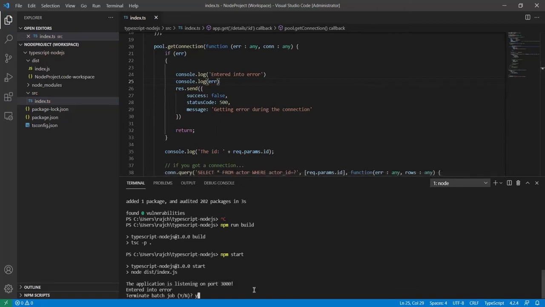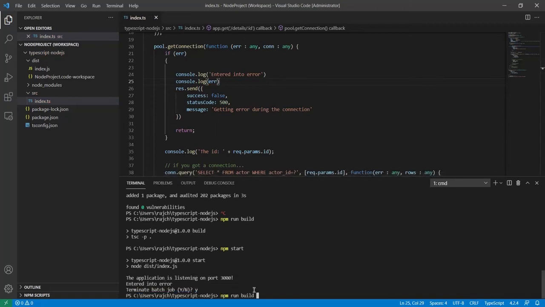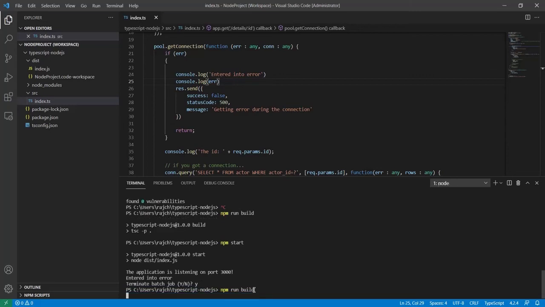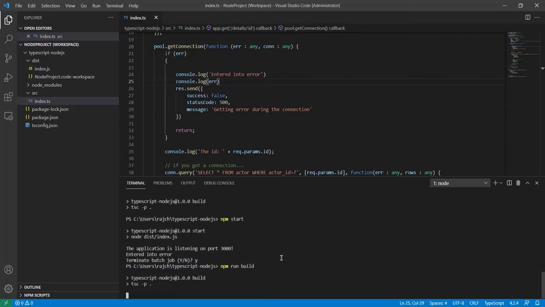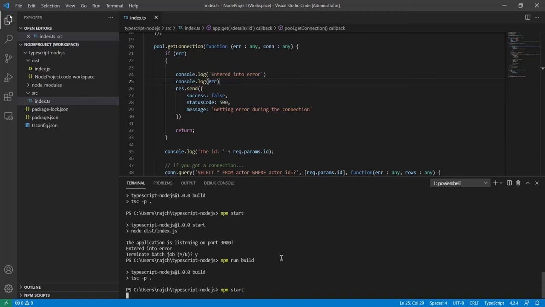So let me run it again, npm run build. Now the code is converted, and again let me run npm start.